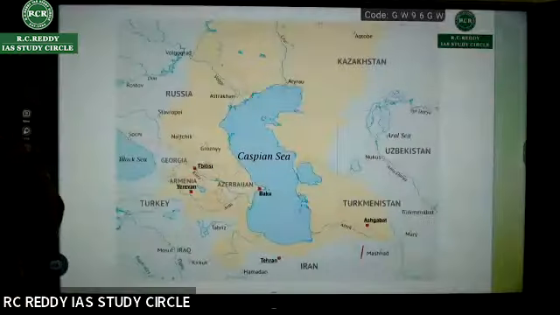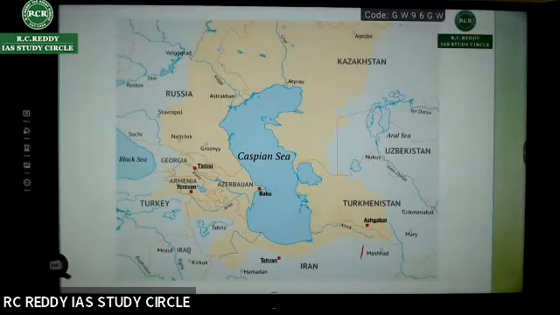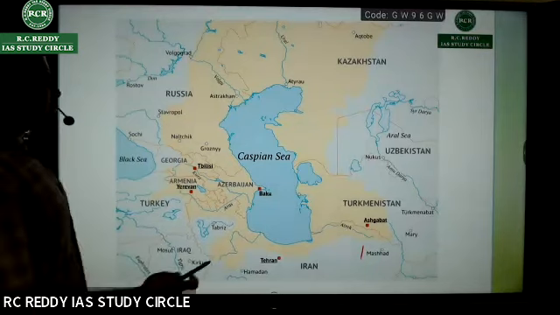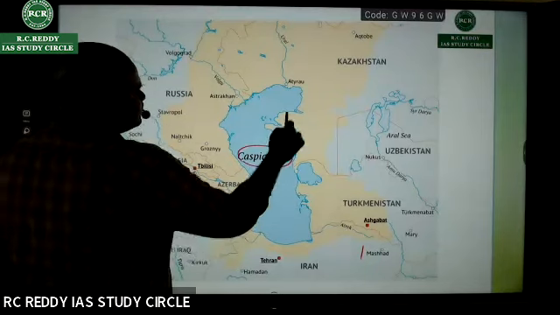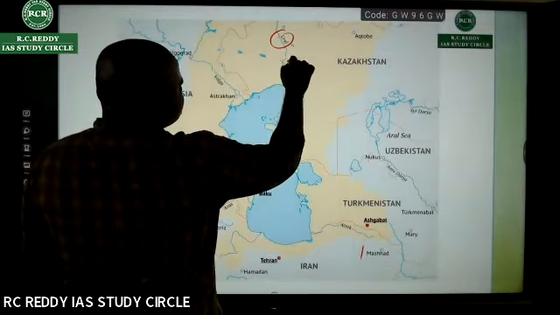Now just observe these things here. Generally, UPSC has this habit of asking about those rivers which are draining into some of the seas. I have chosen very, very specifically. One is the Caspian Sea. Into the Caspian Sea, one particular river which is draining is Ural,